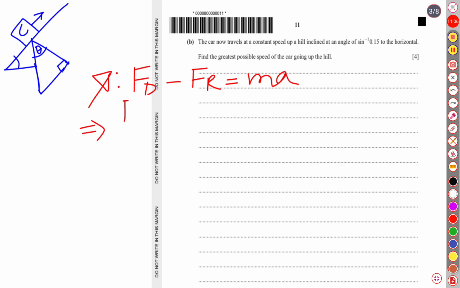Driving force, we have used repeatedly this formula P over V, and we know that constant resistance to motion was 40V. Okay, 40V minus, there should be one more resistance force over here, which is weight. Remember, weight should not be ignored. So what is the resistance causing to motion? It is mg